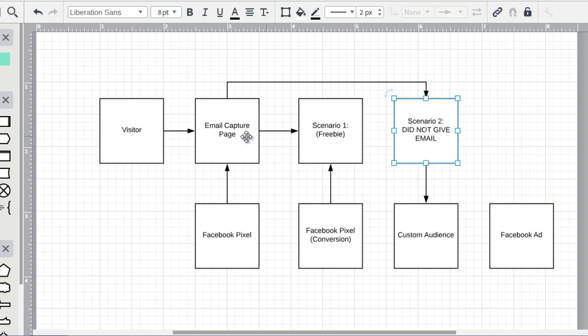So in certain respects, what it's going to do is, if somebody visited this page but did not visit this page, then we put them in a custom audience. If they visited this page and this page, then we do not retarget them. Now, it's going to be a little bit easier to understand when I visually show it to you, but I just want to give you a bird's eye view here. So at this point,